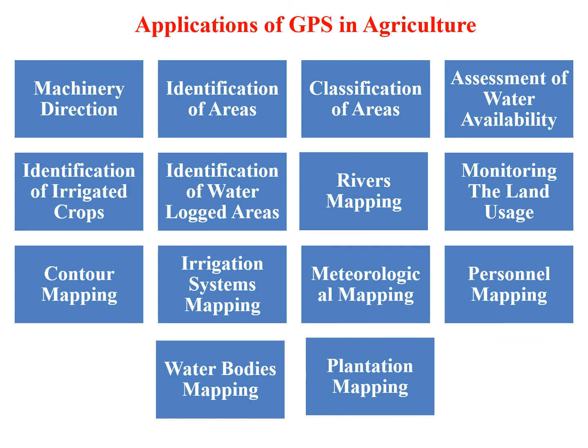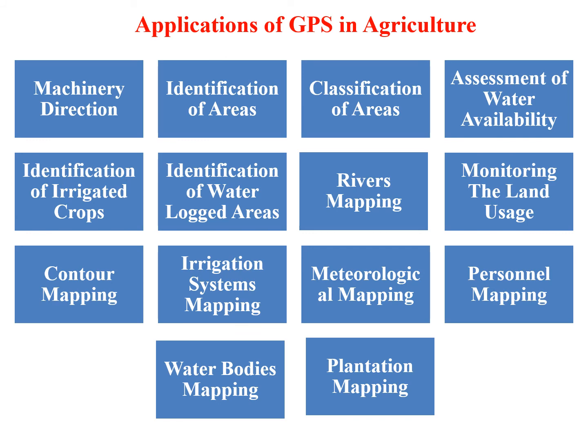River mapping. GPS helps in creating a map of all rivers within a locality, which builds a profile of the area with regards to the water flow. Farmers and researchers can be able to tell the presence of rivers and help in determining the crop that will be grown in that locality.